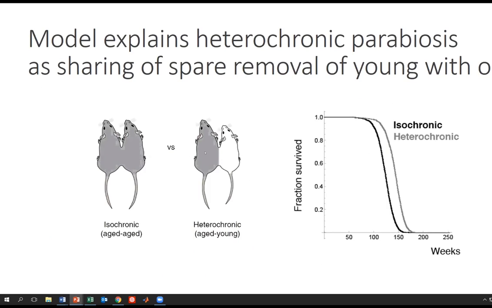So we're thinking, just as a metaphor, that the young mouse is like a small village making garbage, the garbage being senescent cells, and it has 100 garbage trucks. That's the macrophages and NK cells, which is fine to remove the damage. When you're old, you're a big city and make a lot of garbage, but you still have those 100 trucks. So they're saturated and this garbage piles up. But when you connect two mice, you make an alliance between a village and a city, and some of those trucks from the village can go to the city and improve things greatly in the city at slight expense to the village. And that picture explains a lot of data, including the reduction in senescent cells recently measured in parabiosis.